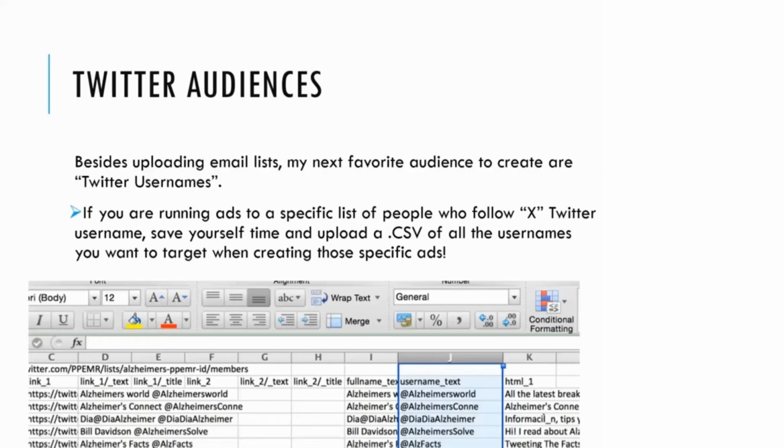I'll name it, for this example, Alzheimer-based Twitter handles. Click Twitter usernames. And as you can see, these are a list of @handles that are Alzheimer-based. I've already created them. I can just copy out this column and create a CSV of this list of Twitter usernames. So now when I create an ad, I can click the audience, and instead of building out that same follower list of all these handles, I can just click the custom audience and select this Alzheimer-based Twitter username created audience